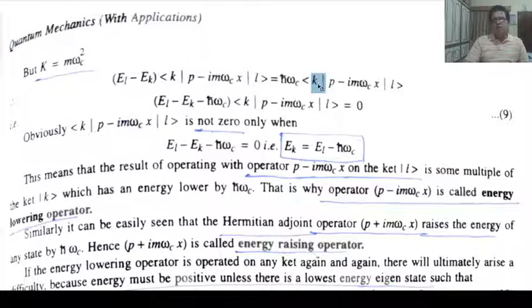You can pronounce it as Ket, or this is bra and this is ket. So you just common this term, and this term becomes ket K P minus iota m omega C K. This is bra and this is ket. Left hand side notation is bra and right hand side notation is ket.